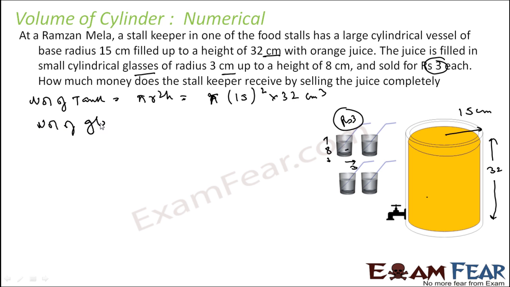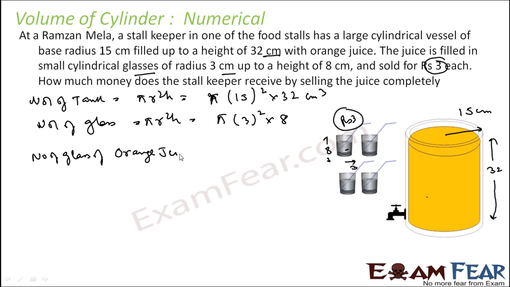Volume of glass is what? Again, that is also pi r square h. Pi, what is the value of r? 3 square, h is 8. So the number of glasses of orange juice prepared is nothing but volume of tank by volume of 1 glass,